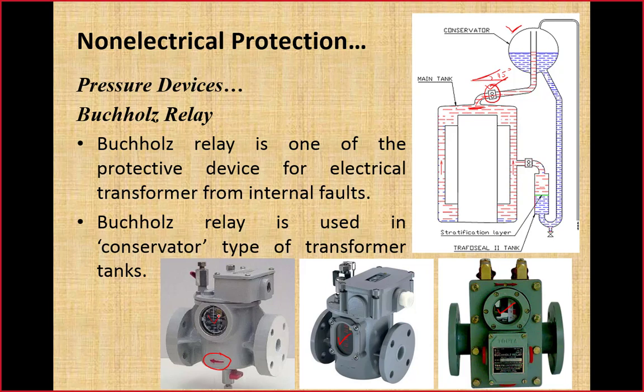Second, it is used to check the level of oil, because once an alarm has been activated, the next thing is to address the problem. So when the operator comes over there and inspects the level of oil, if the level of oil has been reduced, it means oil is spilling out of the transformer tank. So that problem should be addressed immediately. So this is the second purpose of this see-through glass.